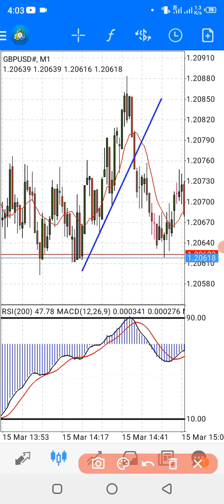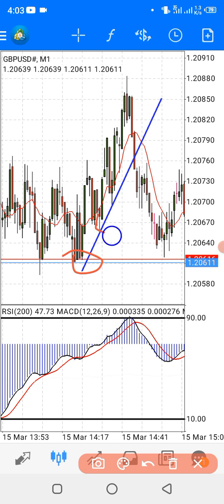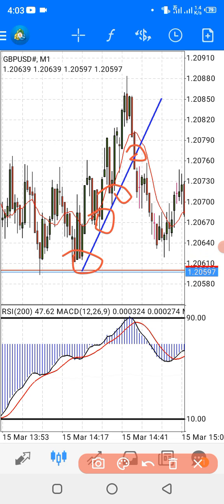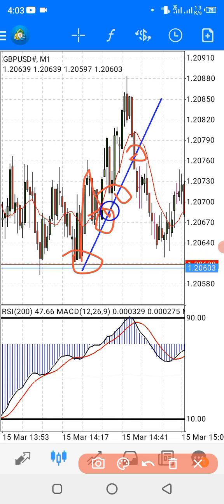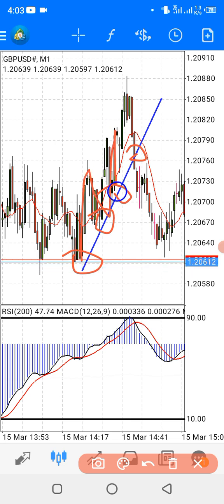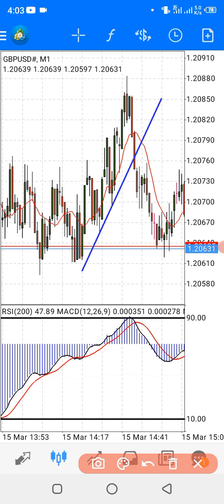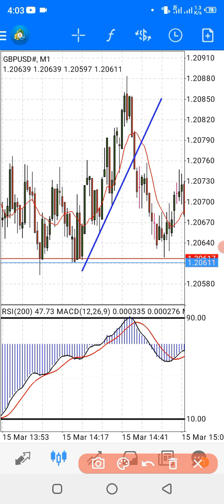I told you that a trend line connects 2 or more points in the market. Now this is my point 1, this is my point 2, this is my point 3, this is my point 4, but this is on a bullish trend, making a series of higher highs and higher lows. But when it came the 4th time to test my support line, it broke the structure from a bullish trend to a bearish trend,